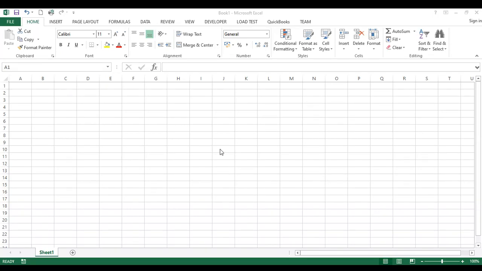Last week we looked at Microsoft Word as a typical example of a word processor. This week we'll be looking at spreadsheets using Microsoft Excel. Note that we have other spreadsheets. Another typical example is Google Sheets, but we are going to use Microsoft Excel because we believe that is the